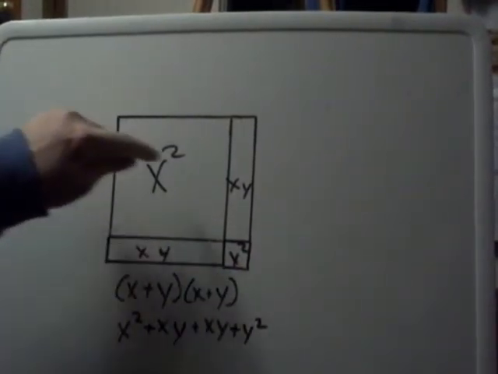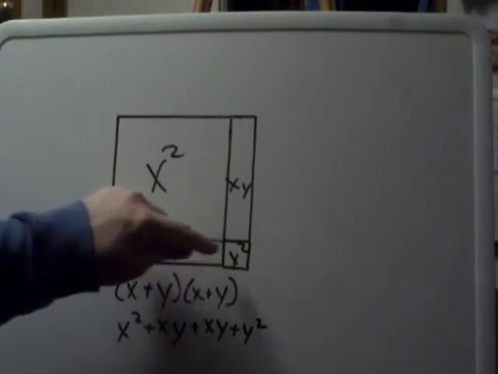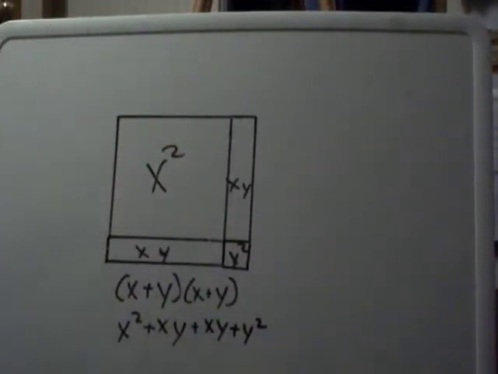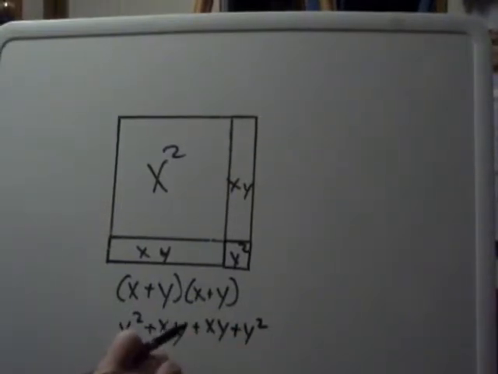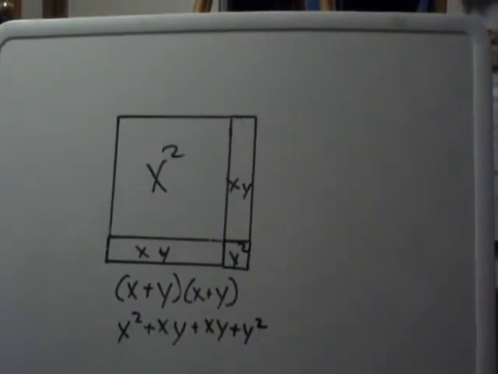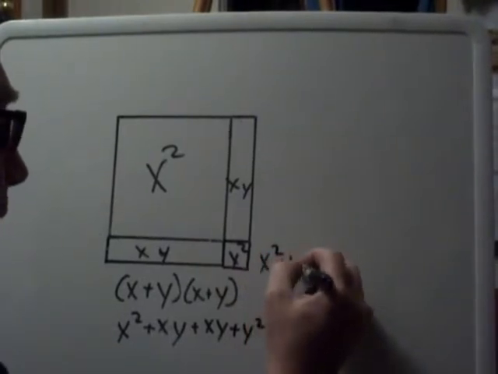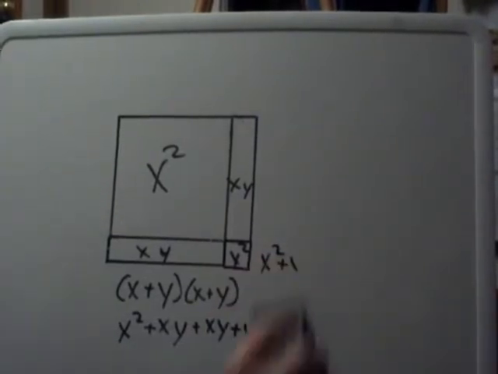So x squared plus xy plus xy plus y squared gives you this whole area, which makes your bigger acre. Getting the picture here? Now then, we don't want any unnecessary terms. Well, what is xy plus xy? Well, I'm going to tell you what that is. That is, let's say, set it right over here, x squared plus,